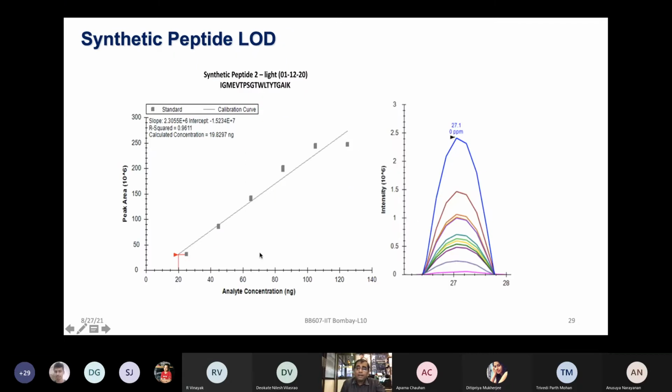Also, it's a good idea to look at some synthetic peptides and try to run different dilutions of the synthetic peptide in your mass spec and see what is the lowest limit which you can detect. So in this case, let's say you are looking at 20 nanogram to 140 nanogram, and you are trying to inject those and see, okay, can I go even below that, or is that the lowest limit of detection? And then all your samples which you are going to measure will be within this range only. Then you can detect their quantification values reliably, right?